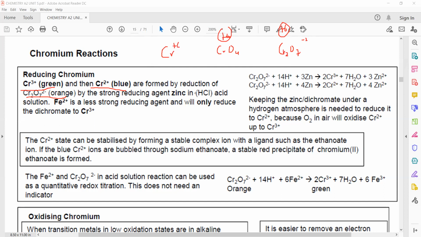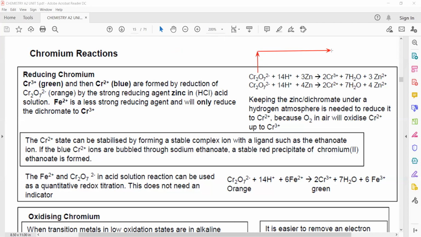So how can we react it? We can react it with a strong reducing agent, which is zinc in hydrochloric acid. Iron(II) is a less strong reducing agent, so it will only reduce dichromate to chromium +3. We can also work this out using electrode potentials. When we work out the electrode potential, when you check the reaction here,